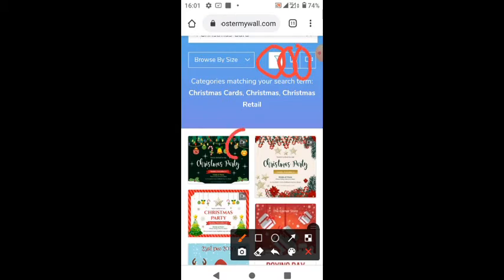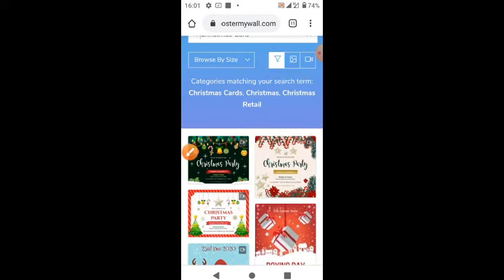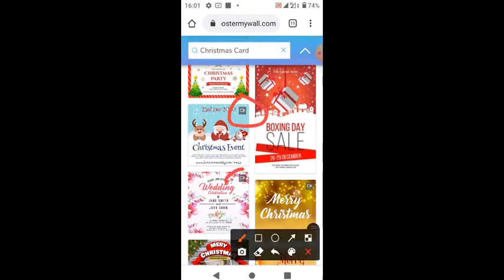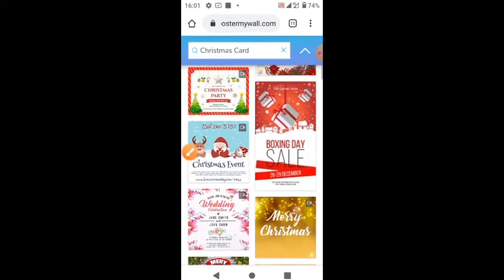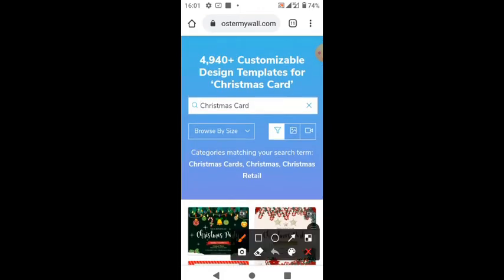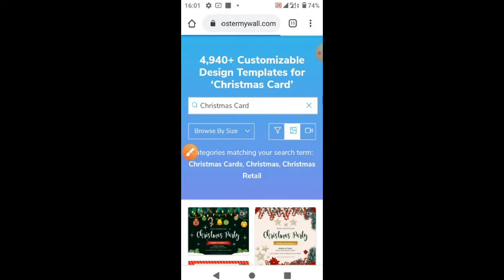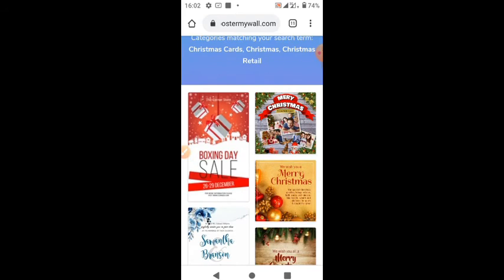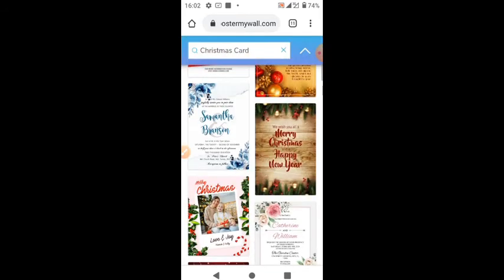So you can see this one is a video, but this one is an image. If you don't want them to be mixed, you come here and click on the second one to get only images. So you can see there are images alone here.